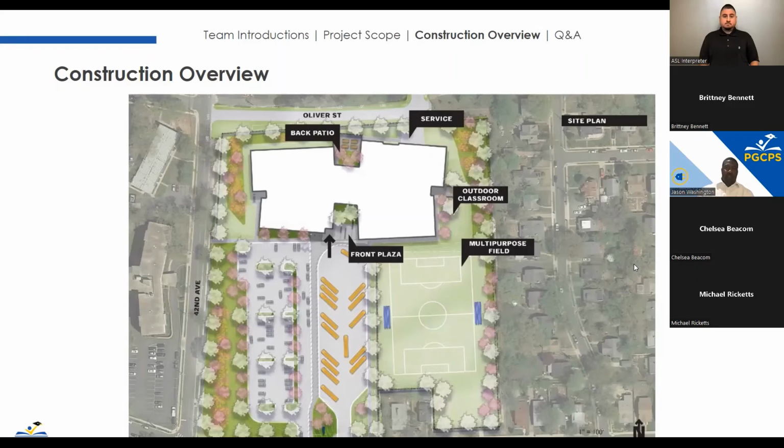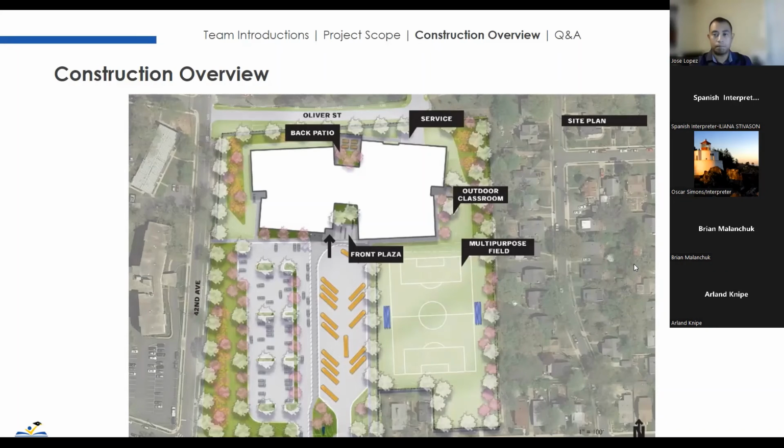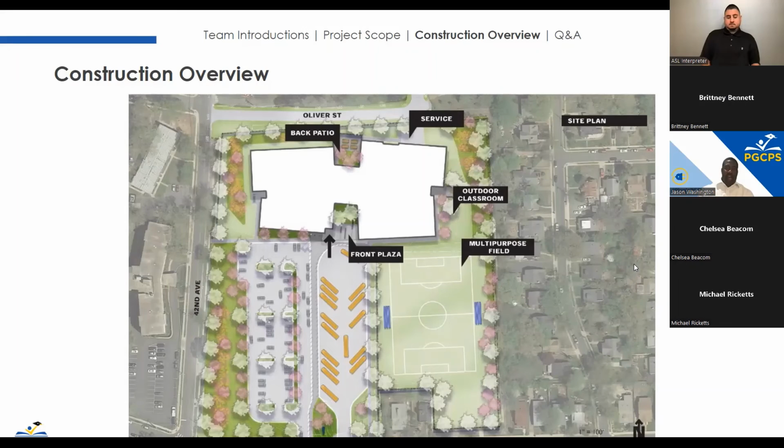So there are bike racks installed, I believe, right in the front. Also,